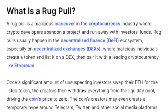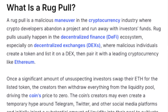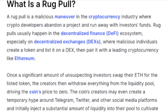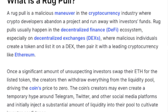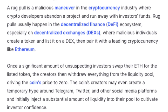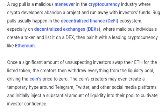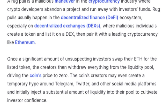Rug pulls usually happen in the decentralized finance or the DeFi ecosystem, especially on decentralized exchanges or DEXs, where malicious individuals create a token and list it on a DEX, then pair it with a leading cryptocurrency like Ethereum, or more recently that's become more popular is on the Binance Smart Chain. Once a significant amount of unsuspecting investors swap their Ethereum or BNB for that listed token, the creator then withdraws everything from the liquidity pool, driving the coin's price to zero,